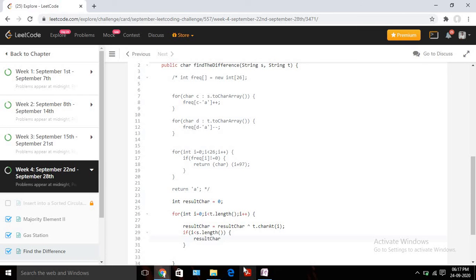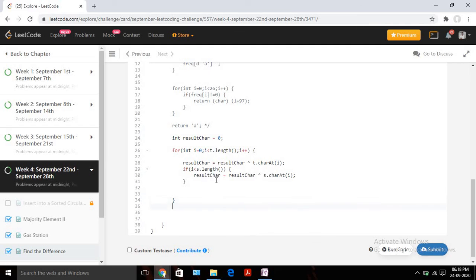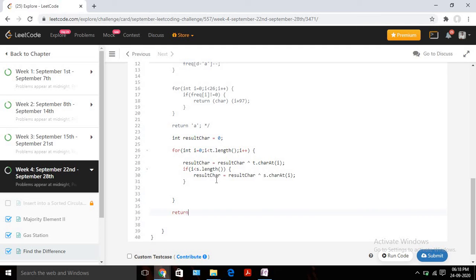So again result char, then XOR sign, again s dot char at i. And once we are done with all the XOR operations, we can directly return the character value. So we are going to convert it to character, and return the result char.